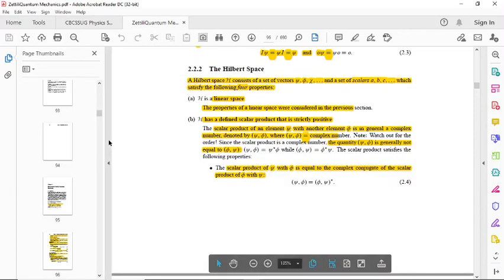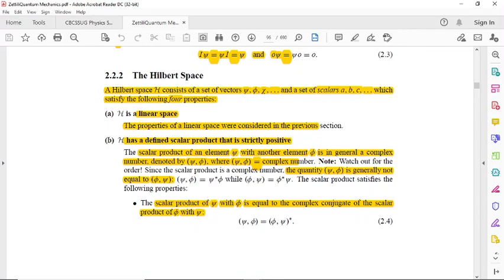നമ്മൾ കഴിഞ്ഞ ക്ലാസ്സിൽ പറഞ്ഞിട്ടുണ്ടായിരുന്നു, നമ്മൾ ക്വാണ്ടം മെക്കാനിക്സ് പറയുമ്പോൾ we have to think about the Hilbert space. അപ്പോൾ എന്താണ് Hilbert space? We do all the operations in quantum mechanics in Hilbert space. So what is Hilbert space? So Hilbert space consists of a set of vectors as we have seen in the linear vector space, psi, phi,